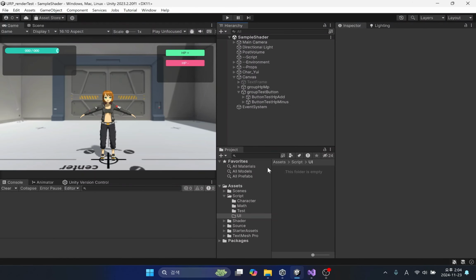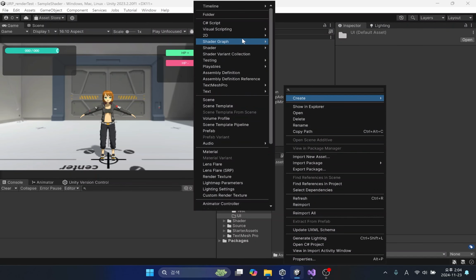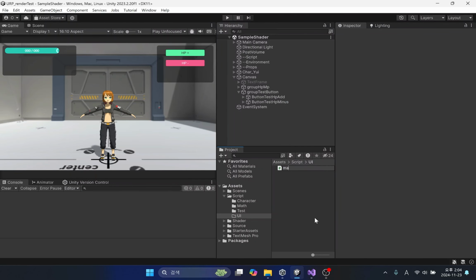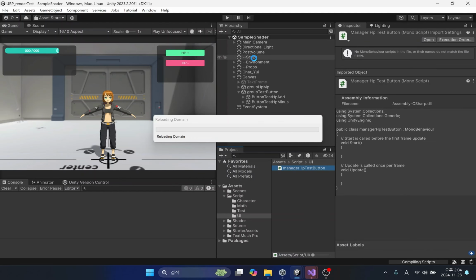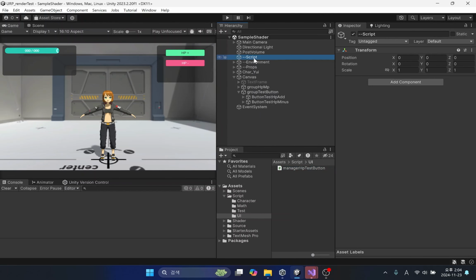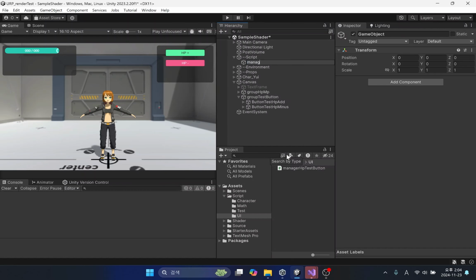First, let's simply implement the HP increase-decrease function. Let's create a new script. I will create a new game object and apply the script to it.